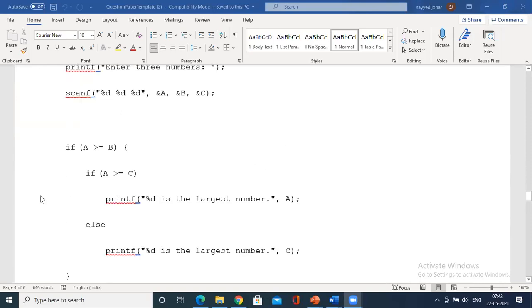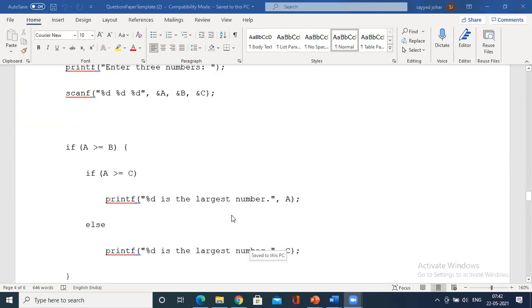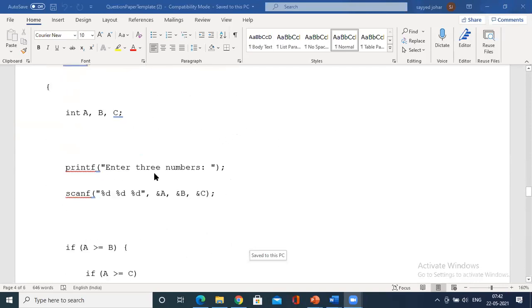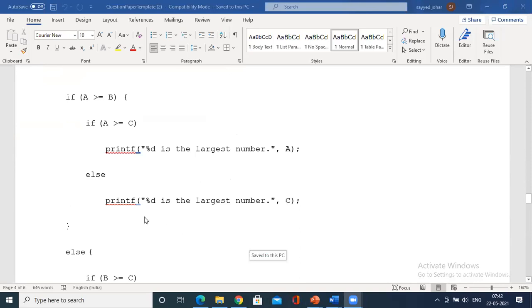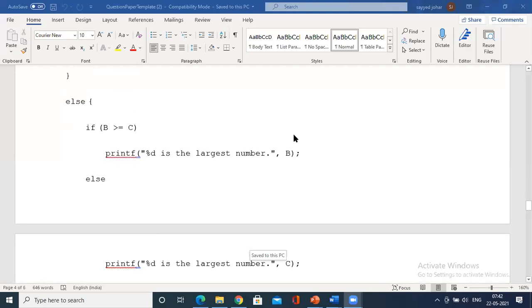I'll circulate this also; it is only a different way of writing the program using specific conditions, right? Using if else, first you use if to identify whether A is greater, else you declare that C is the greatest number, because you have to write it condition-wise.